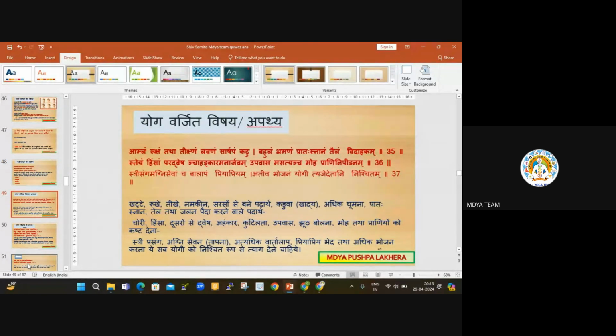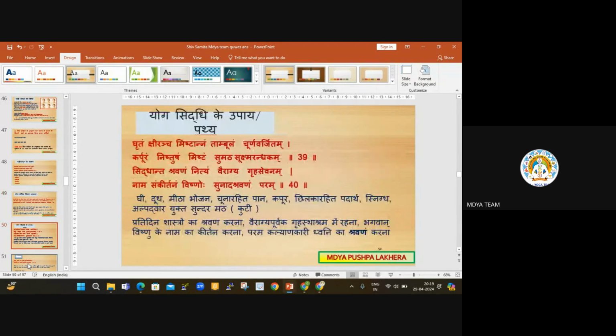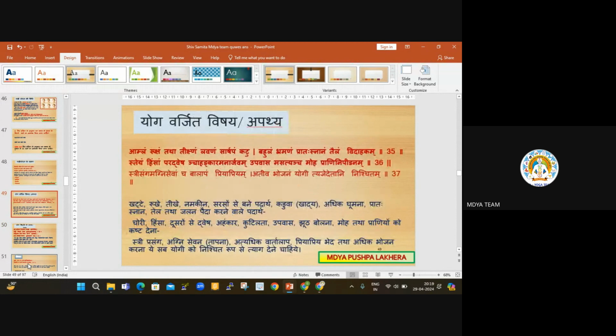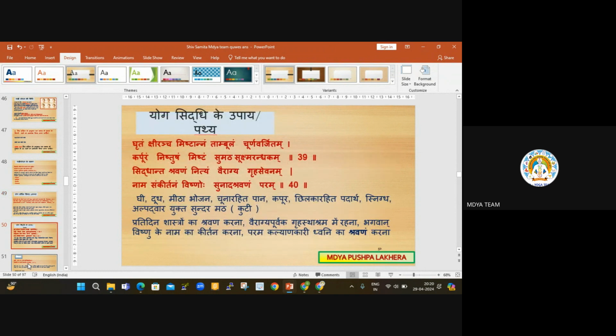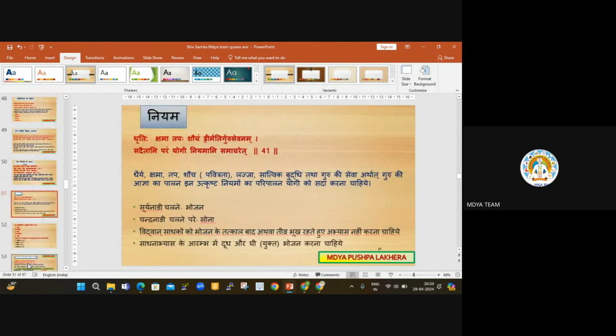After that, what foods are to be taken by the sadhak, and what are apathya and pathya? Apathya means, who can tell me? Apathya ahar, which are not supposed to be eaten. Yes, foods prohibited for the sadhak, and what are prescribed foods, that is pathya ahar, is also discussed here. Then what rules need to be followed, and in which way.